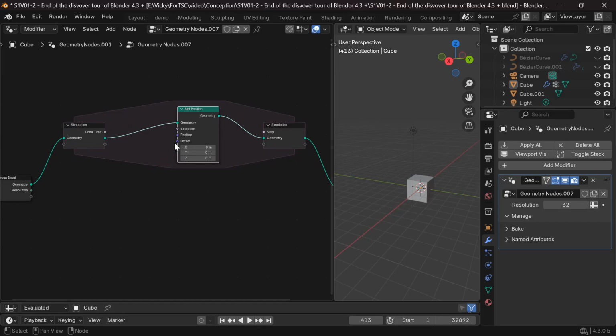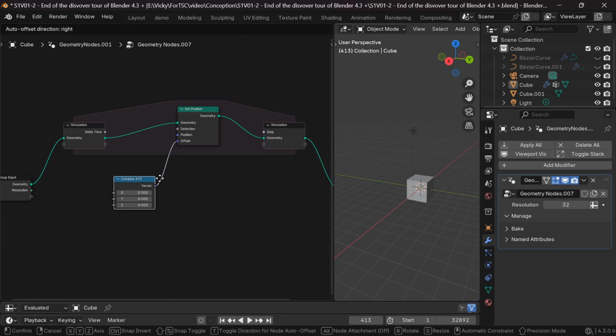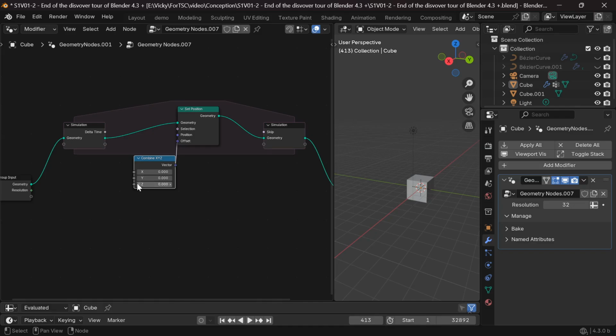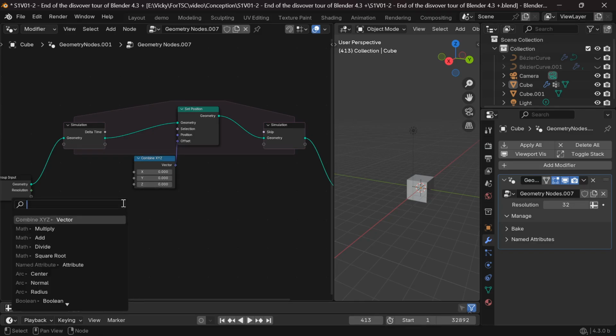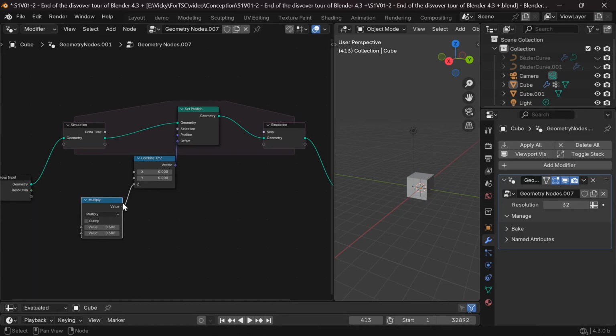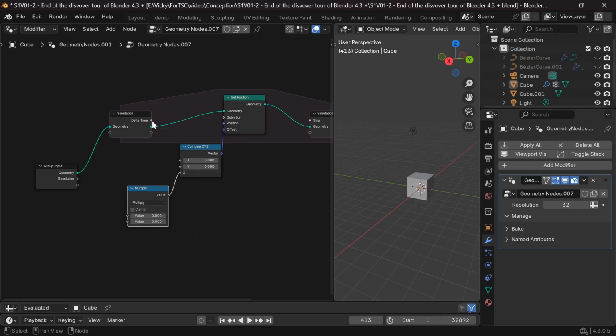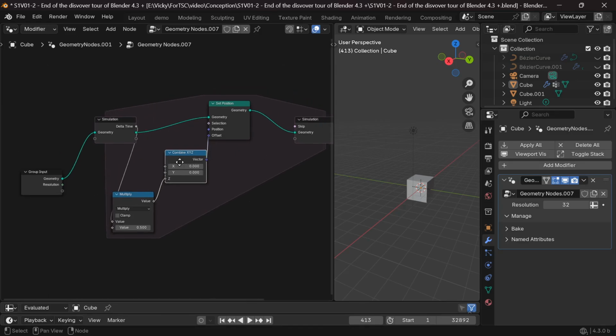After, since we are in simulation, we will work with delta. Since I come from CAD software, I think with value and not vector, which is bad. But we will convert that after. That means I have to combine my calculation on the axis with the other axis in the vector. So I grab the offset socket and release to search combine. It's made so well that I don't even read the result before pressing enter.